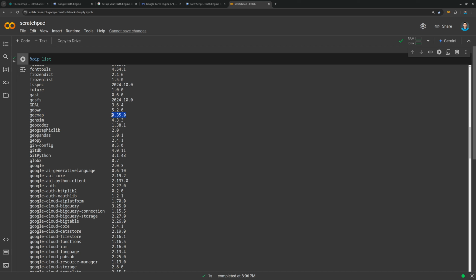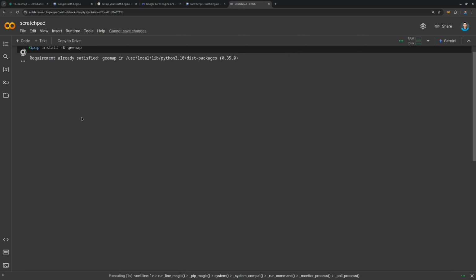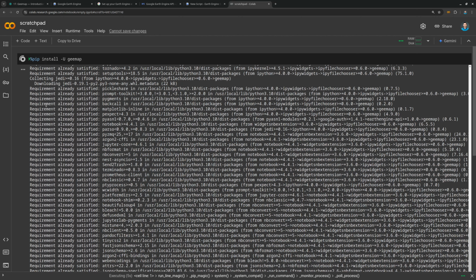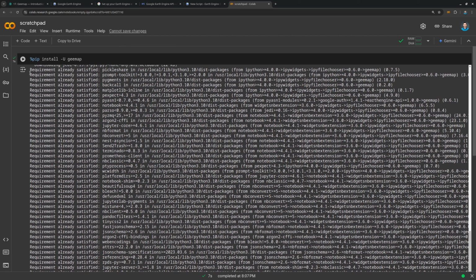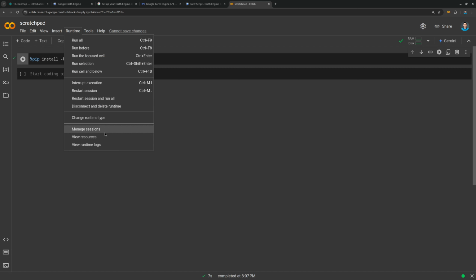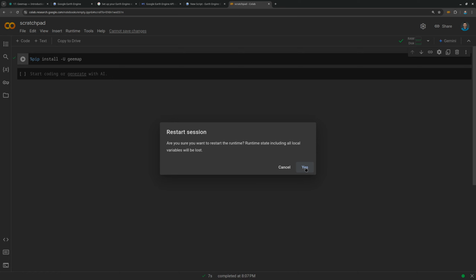So right now, this is 0.35.0, and the latest version is 0.35.1. So we can actually update it. So what you want to do is pip install -U and then GMap. Okay. So I'm going to update to the latest version so that I can show you how to authenticate Google Sensing without having to click so many buttons. So just trust me, update the package. Then from here, to be safe, you can restart the runtime. So make sure that GMap is